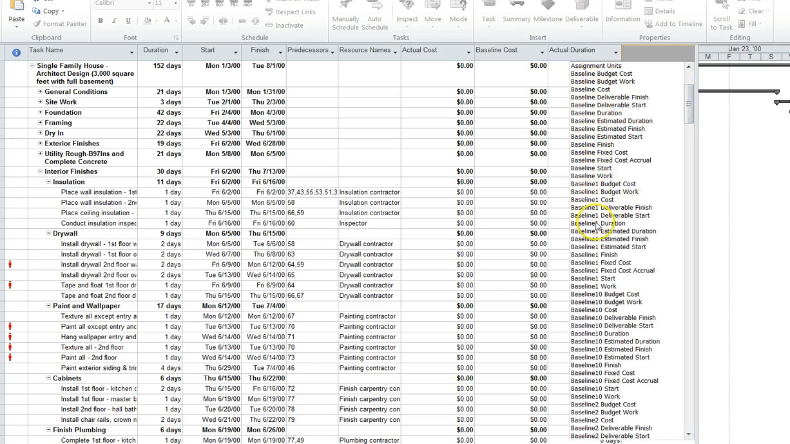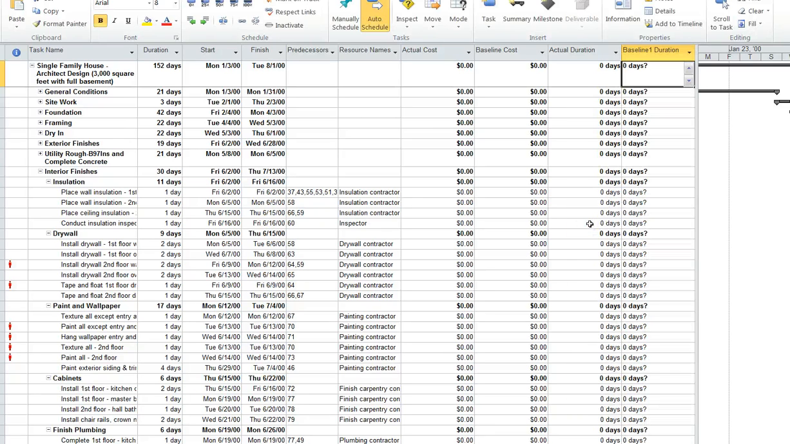Baseline cost, baseline work, baseline duration. Okay, so this will help me find the variation between what I set for the baseline, as in how many days it's going to take, and what is actually going to take. Then on the side, it shows me a Gantt chart